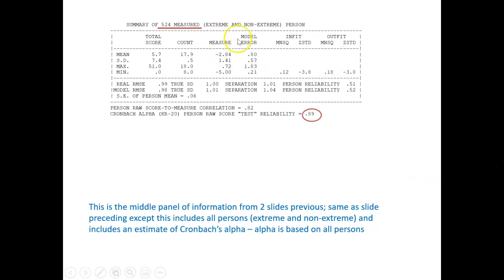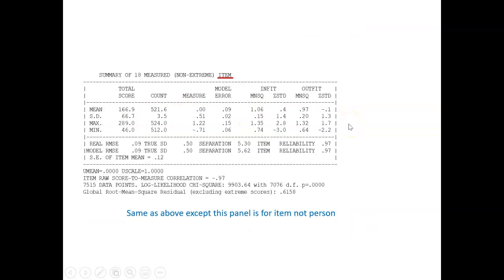So this is our extreme and non-extreme. And we can go through and check out, does any of this change? It should be pretty close, we would hope, if we don't have extreme outliers influencing the model. We can see right down here at the bottom of this table is our Cronbach's alpha as well. That third table is very, very similar information. It looks almost identical, but now we're looking at all of these things from an item level instead of a